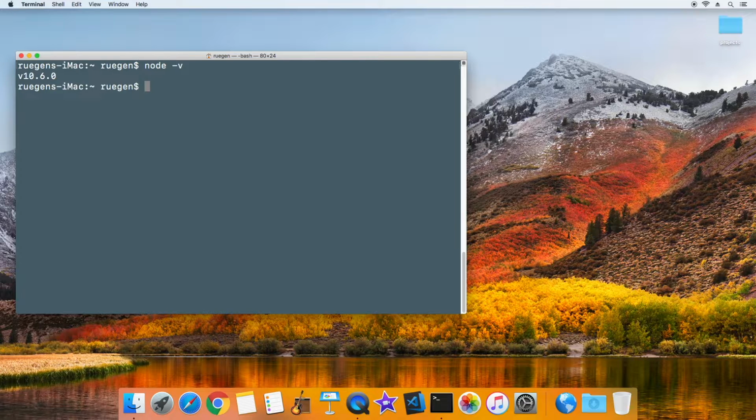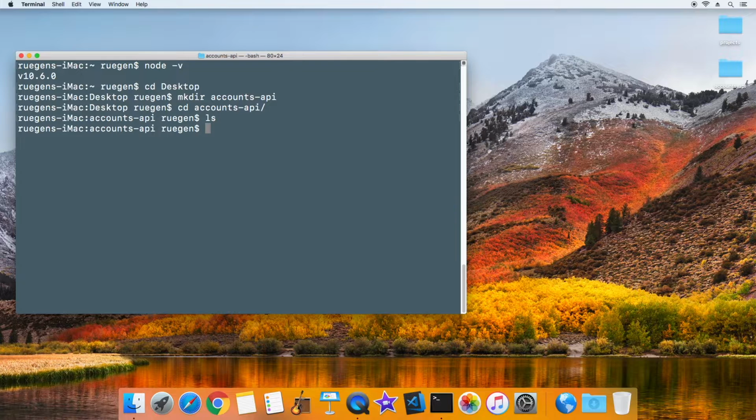Okay, so to start with, we want to make a directory somewhere. I'm going to go to my desktop, and then I'm going to create a folder, and that folder is going to be my project, my API. So I'm going to make an API that connects to a list of people. So we're going to have an accounts API, cd into accounts API,